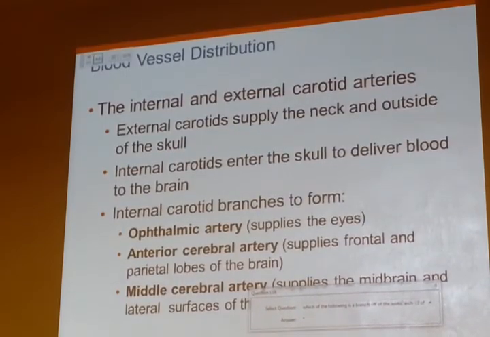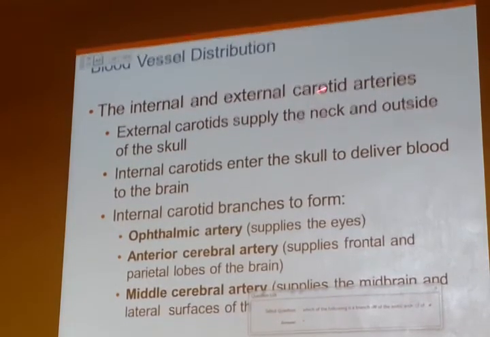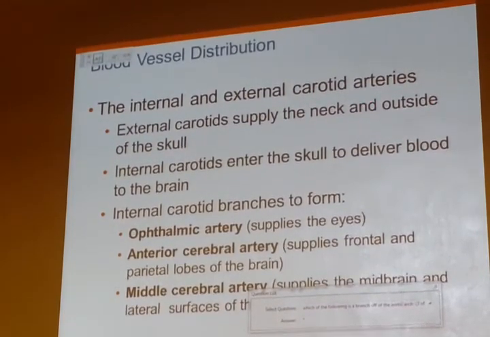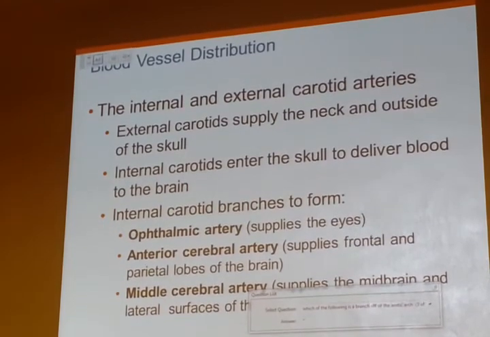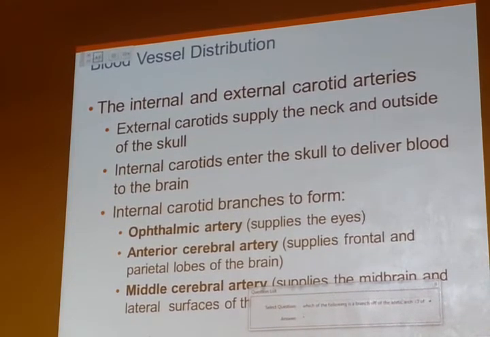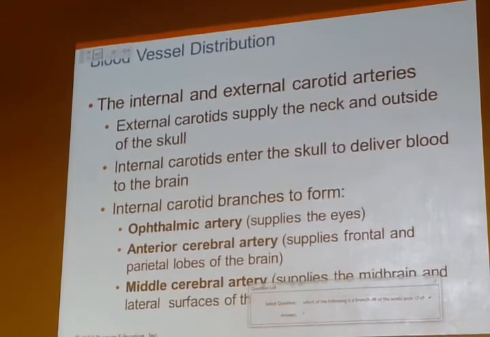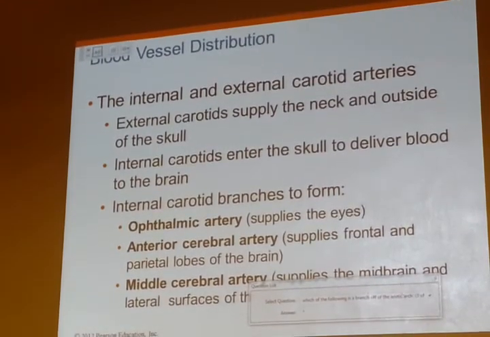So internal, external carotids, they're important because they're delivering, the internal is taking blood to the brain, external just to neck as it's passing by and then outside of the skull. The internal carotid also gives off an ophthalmic artery that's going into the eyes. It goes into the eyes to the retina, but it also comes out of your orbit to this frontal area